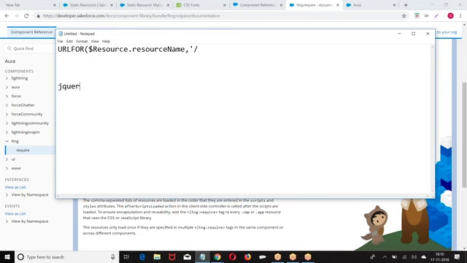jQuery, if you have files like this, then we have used slash js slash jQuery min.